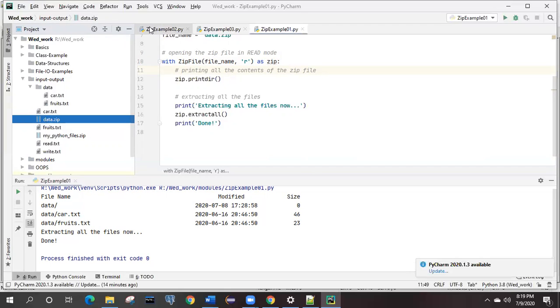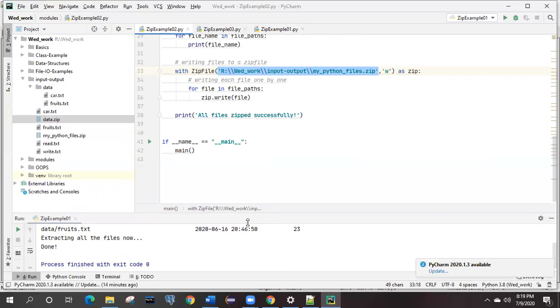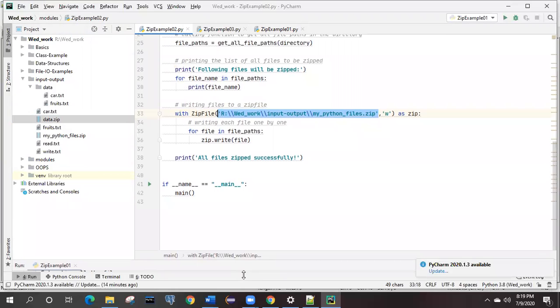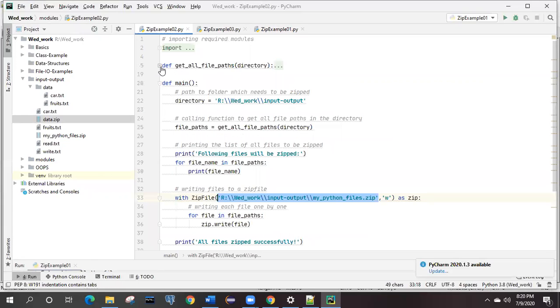Okay. If you look further, there are more examples. So this example is the same example, but in a modified form now. How it is modified and what extra benefits it presents, we will see over here. If you look over here, what this example is going to do. Comments and everything are available over here for your understanding. So see here, this is one of the methods, right? Get all file path directory. We'll minimize this, we'll talk on that later.